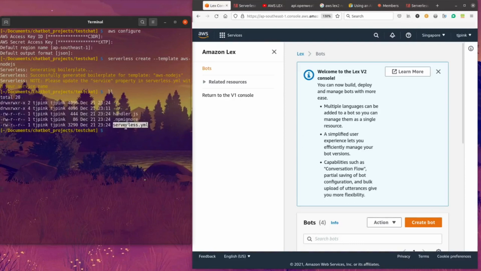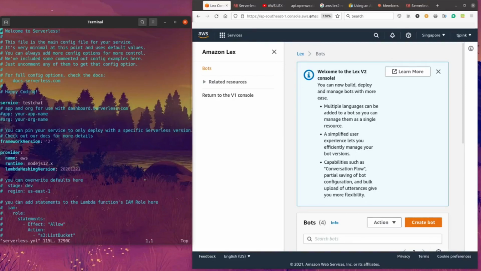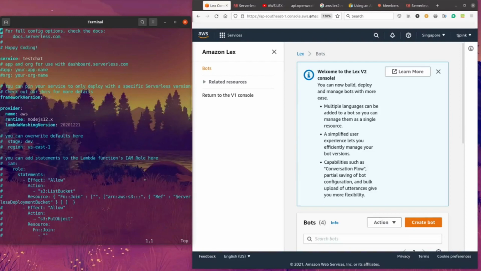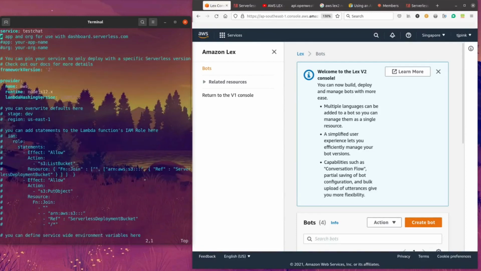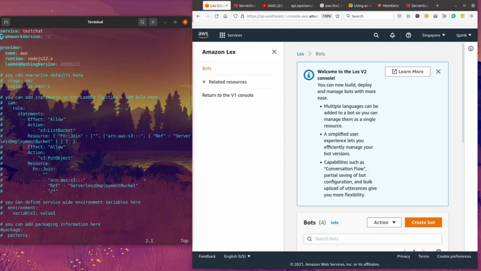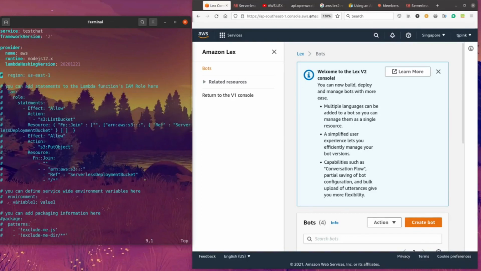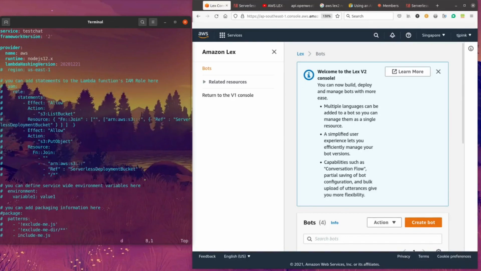First, we have to configure the serverless.yml. You can use any editor. I'm using Vim. The comments we can remove. We'll leave the service name here, and the framework remains, and this we can remove. The region here is also important. We have to specify the correct region. In my case it is